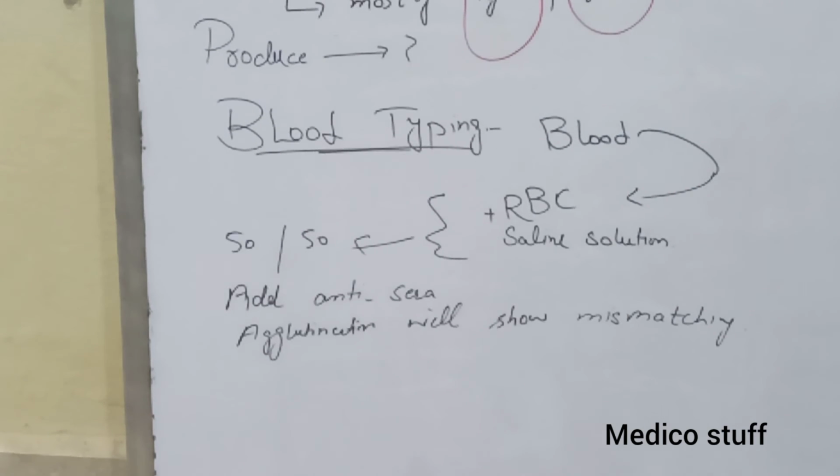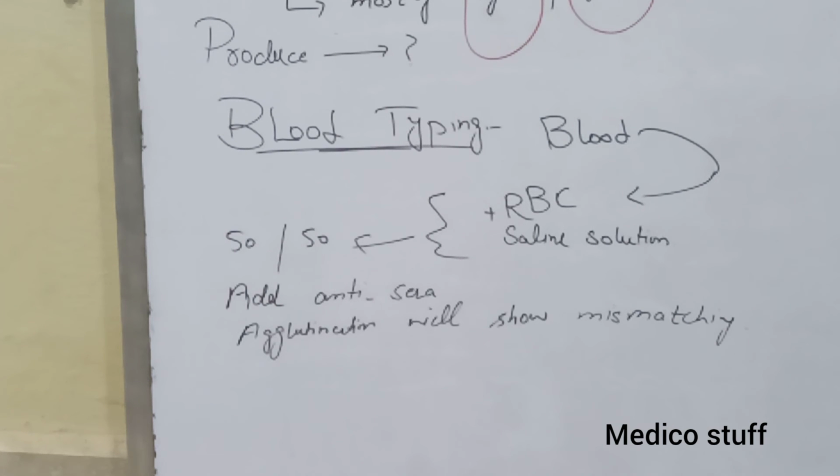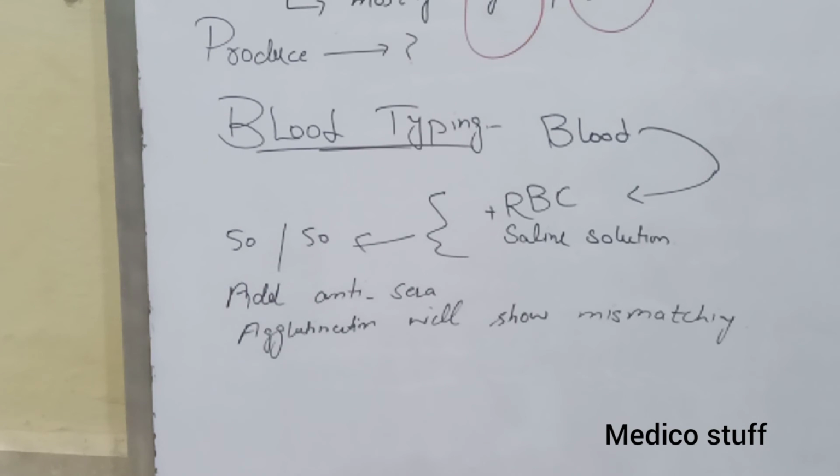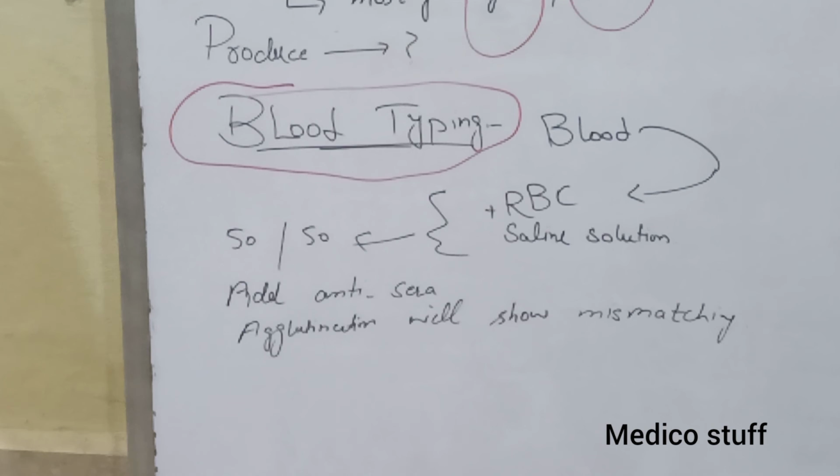Now we have read what is called the ABO blood group system. Now the topic of blood transfusion is the transfusion of one donor's blood into the recipient. Before this, we have to do blood typing. Why is this blood typing necessary? Because there can be agglutination in case of a cross-match, a wrong transfusion. So blood typing is necessary.